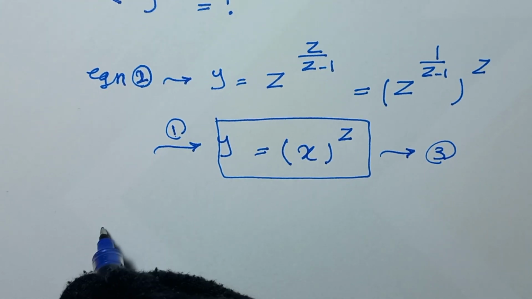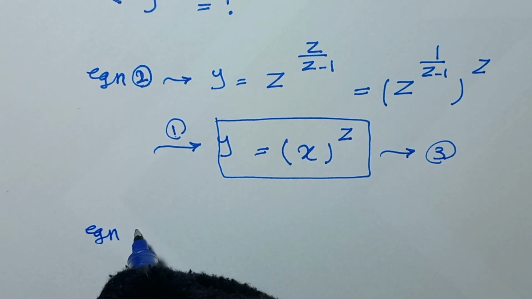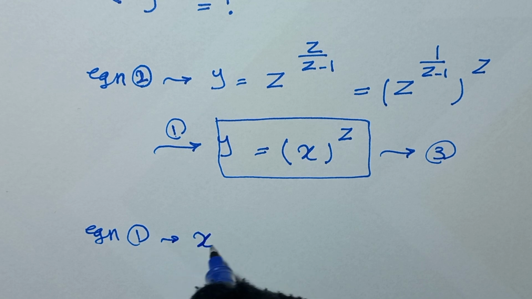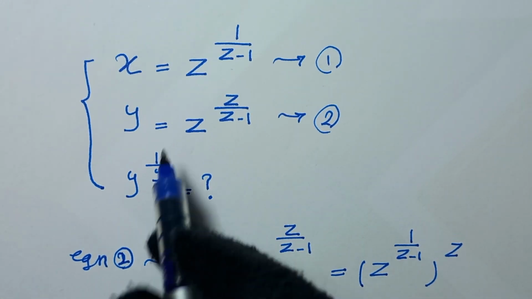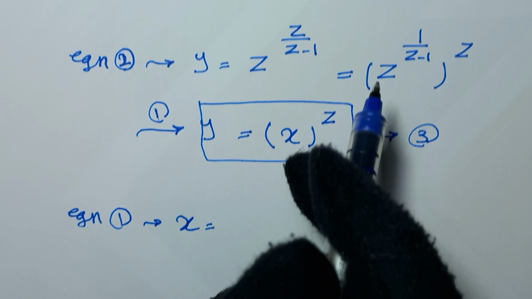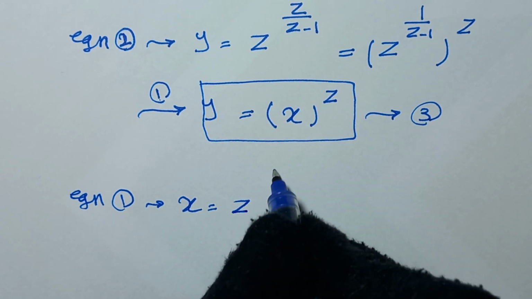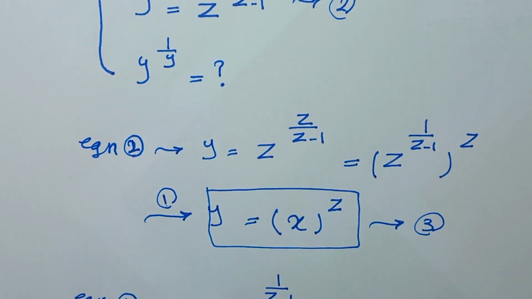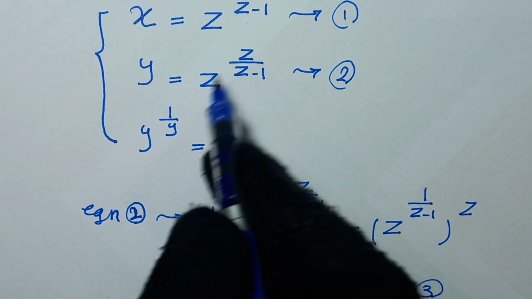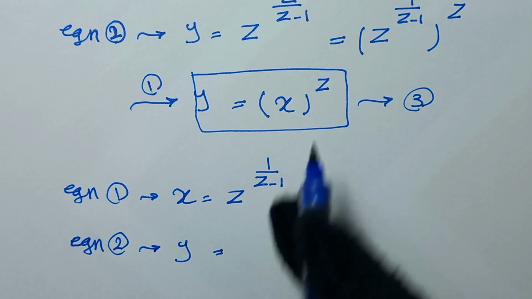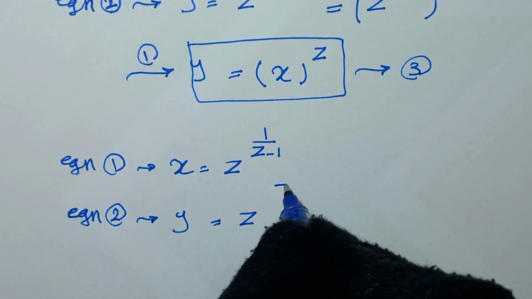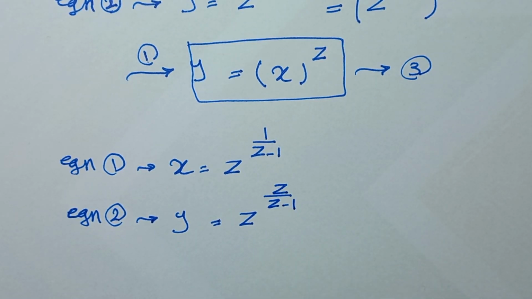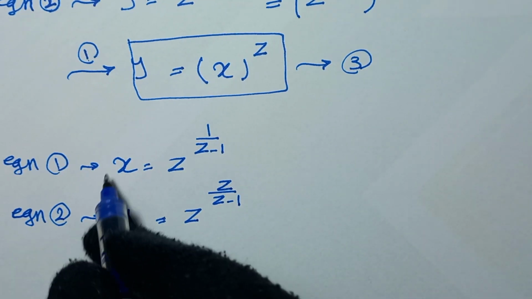And in the next step, from equation 1, we have x is equal to, in here, z to the power of 1 over z minus 1. So we write z to the power of 1 over z minus 1. And from equation 2, we have y is equal to, in here, z to the power of z over z minus 1. So, z to the power of z over z minus 1. And from these two equations,